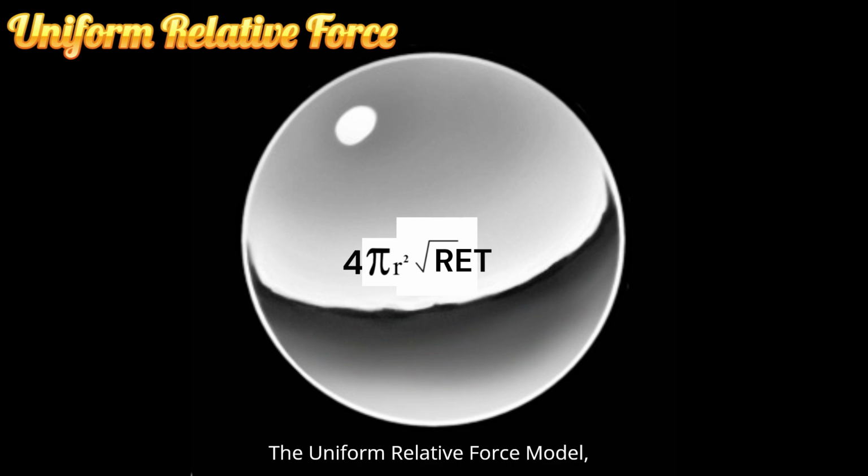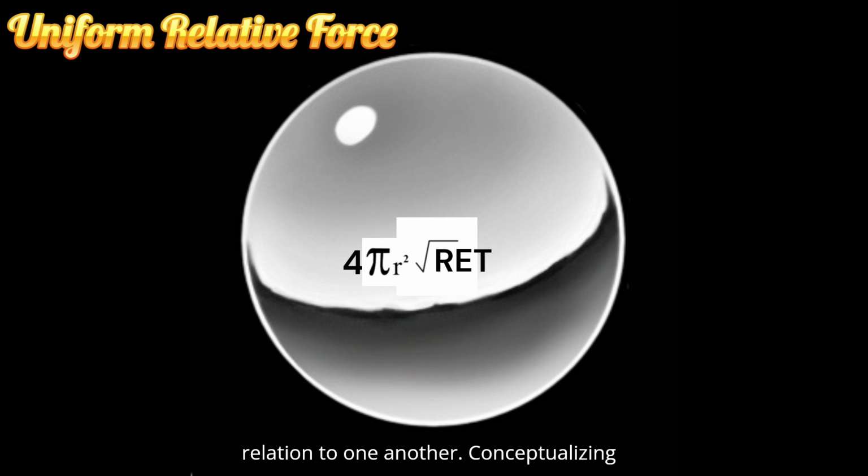The Uniform Relative Force Model, URF. The uniform relative force is a key conceptual framework within the theory of relative gravity. It serves as an abstract model to describe how particles, matter, and even galaxies are held together within the fabric of space-time. The idea behind URF is to find a common, unified force that connects the different aspects of gravity, electromagnetism, and the nuclear forces, strong and weak, offering a way to describe how these forces can exist in relation